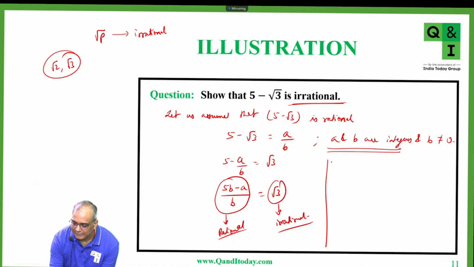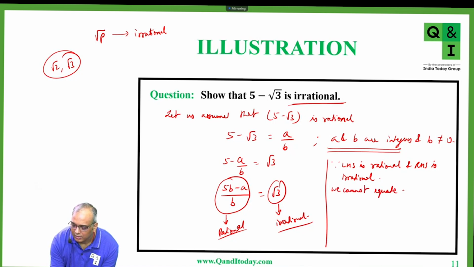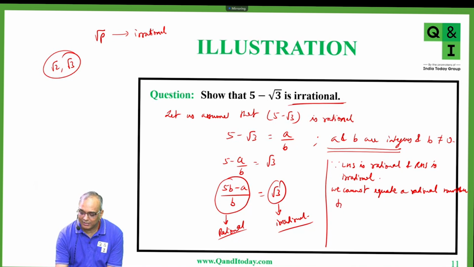So since LHS is rational and RHS is irrational, we cannot equate a rational number to an irrational number, right? So there is a contradiction here